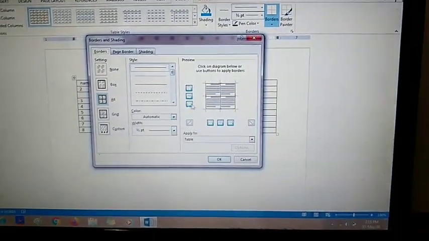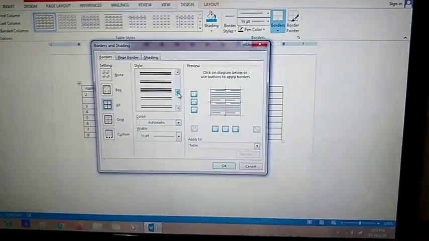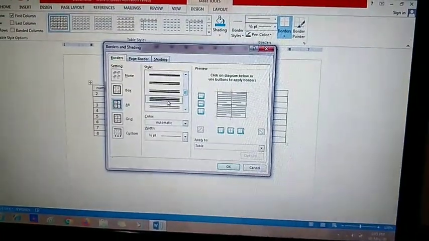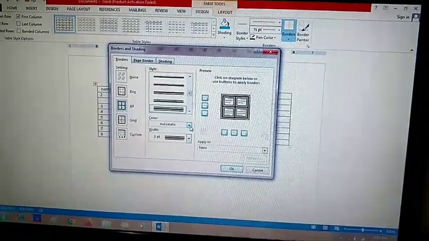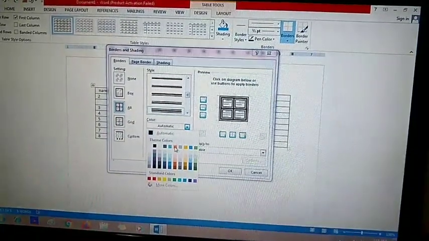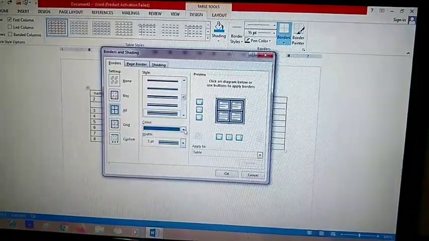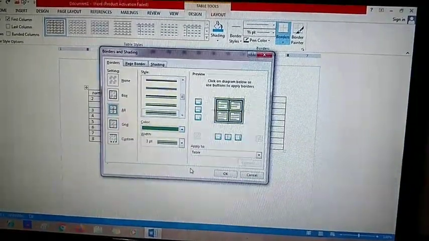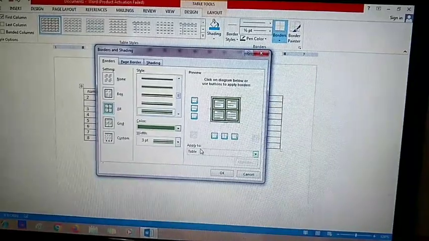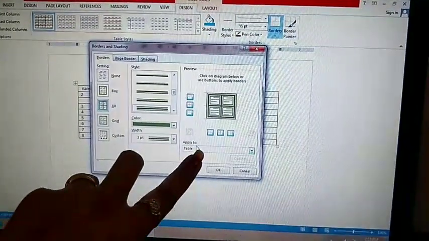And see, so many types of borders are there. Like you can choose this border. If you want a different border color, like you want a border of this color, you can choose the color also from here for your borders. And when you are applying a border, here you have to choose apply to.